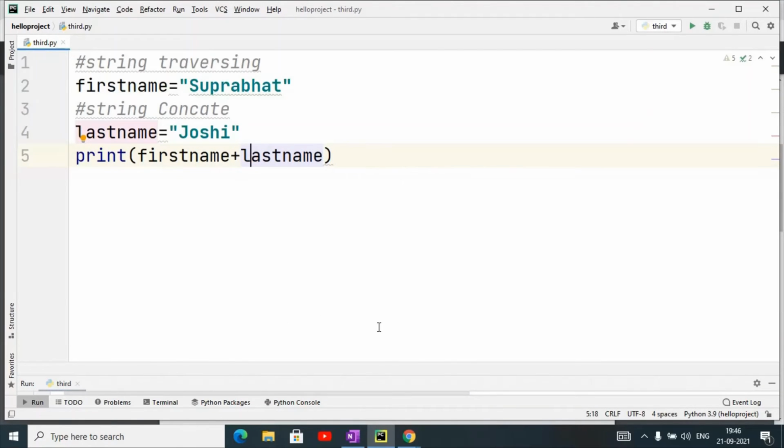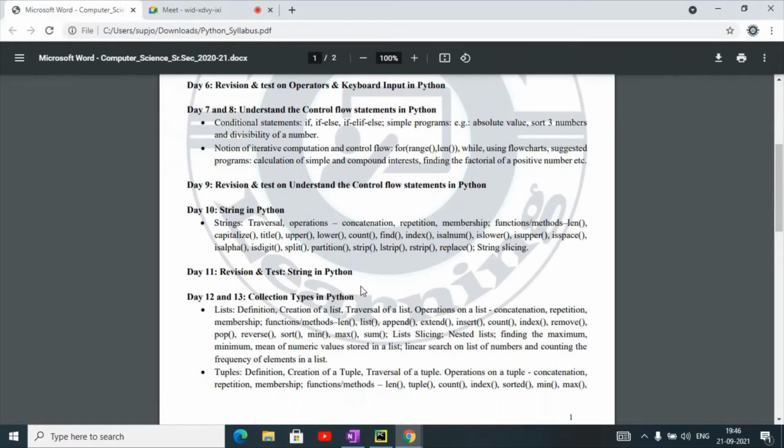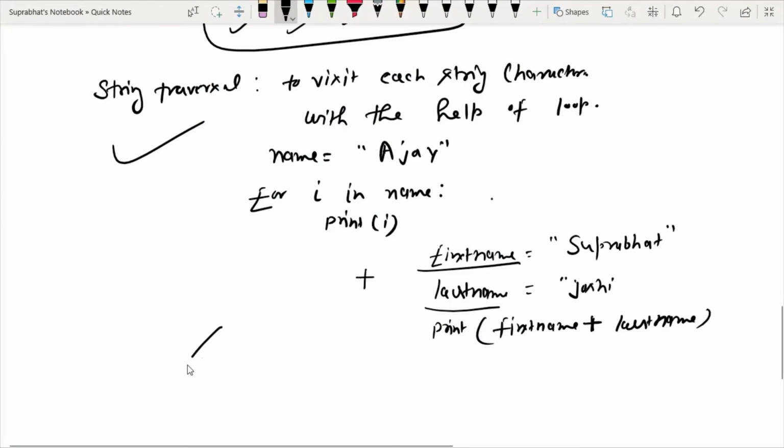Next topic that we have to discuss is repetition, then membership. So how does repetition work in Python? String repetition, a very simple process.